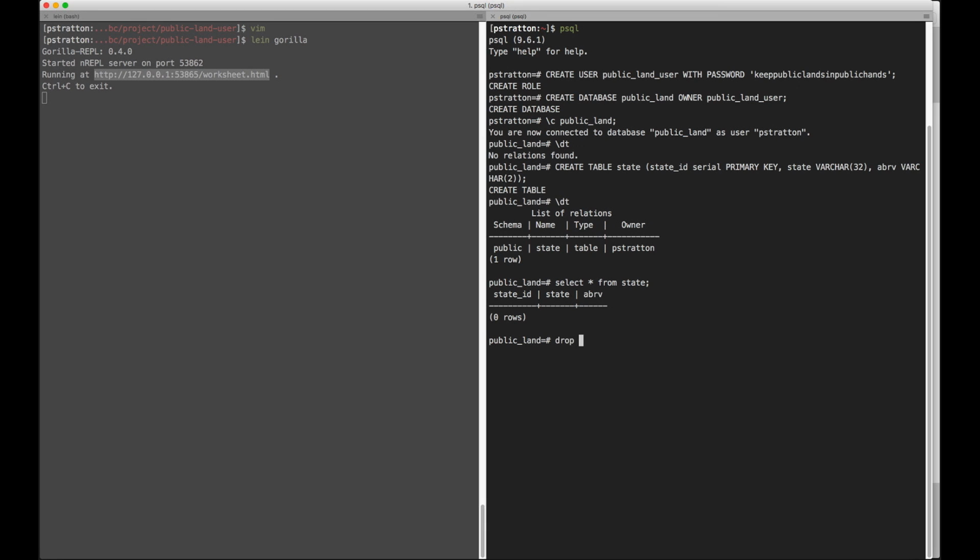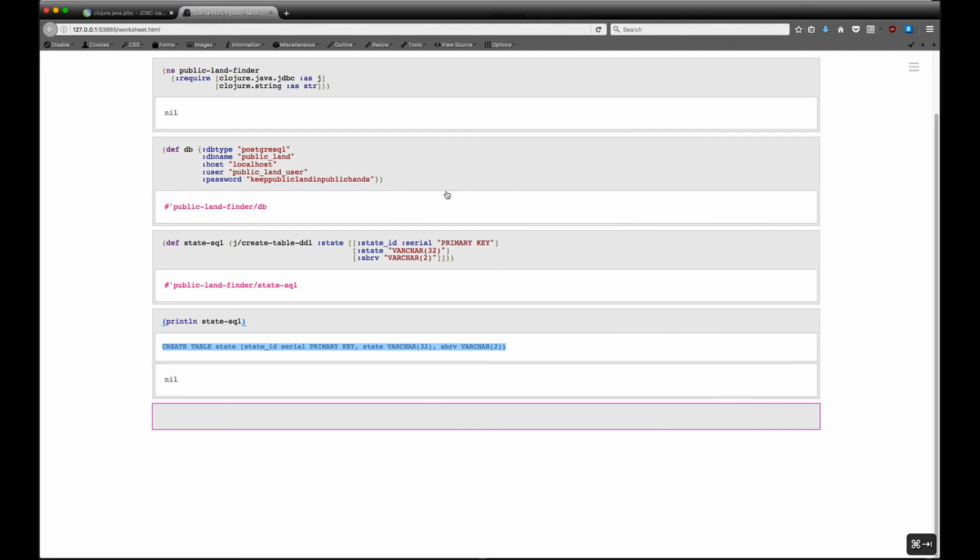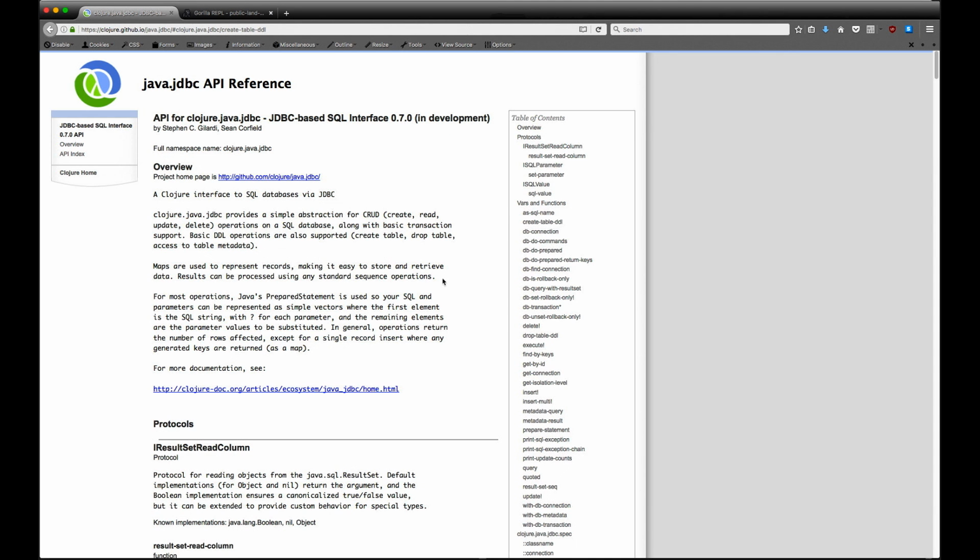So let's actually do that through Clojure though. So we're gonna drop table state. Yeah, DT, right. So hop back over to Gorilla. And let's see, so we've got our state SQL. So now we're going to use our first form, which is the execute. Let's hop back up here,